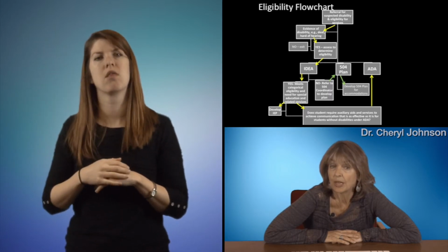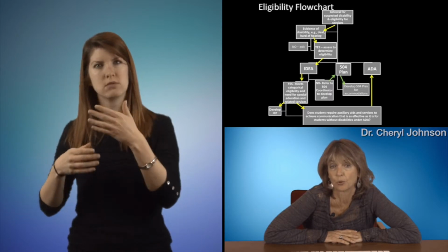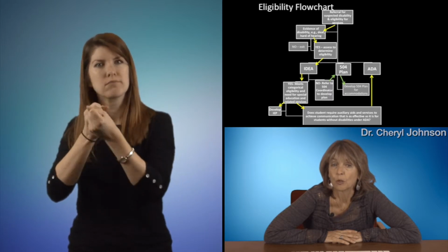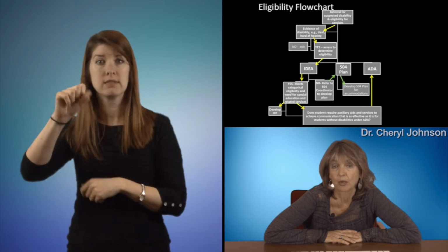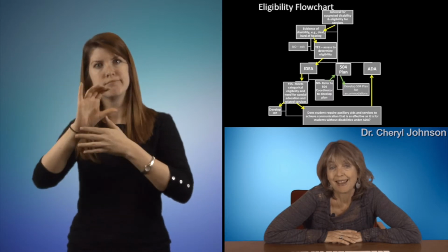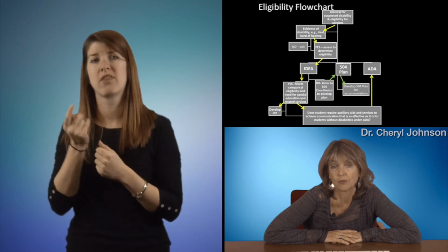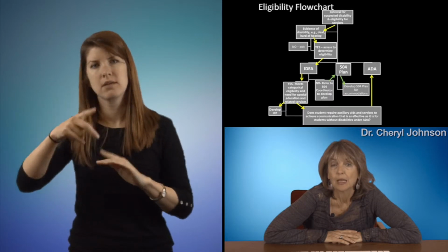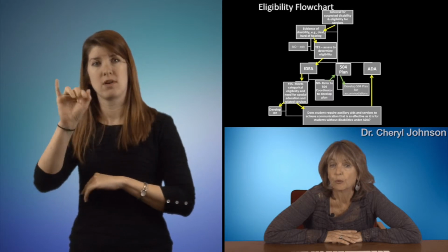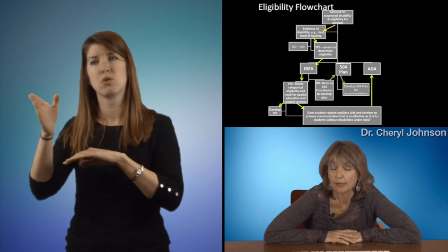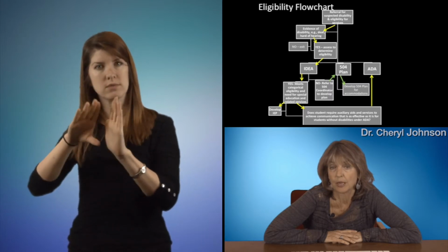I think we should start with IDEA because that's where the greatest number of provisions exist to support children who are deaf and hard of hearing. So we would go through the eligibility category under IDEA, and either yes, they meet one of the categorical eligibility definitions, and they need specialized instruction and related services. And then we would go on to develop the IEP. If they don't meet the eligibility for IDEA, we would then refer them to a 504 committee. Again, this is not special education, who would design a plan to provide accommodations for that child.